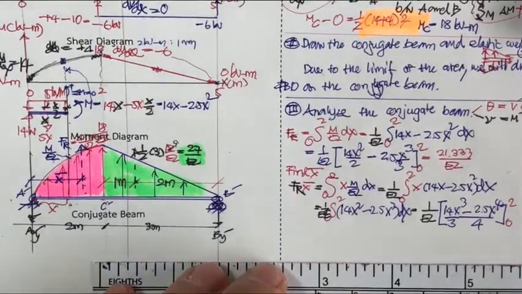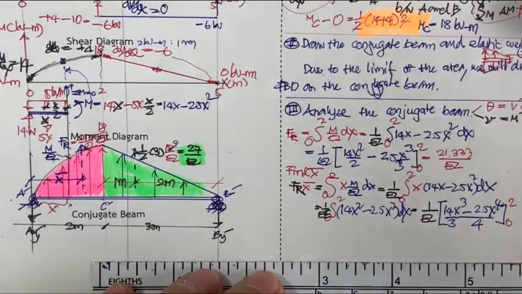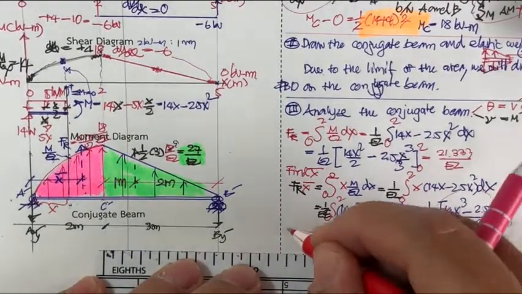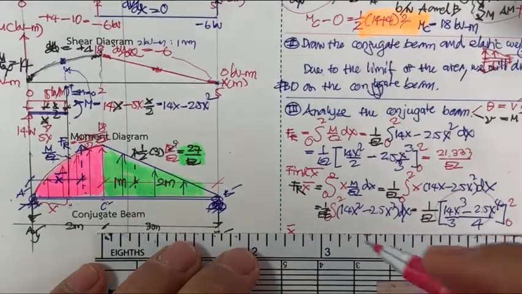Okay, and you do this, you can get the value of 27.333 over EI, and then the x bar will be equal to